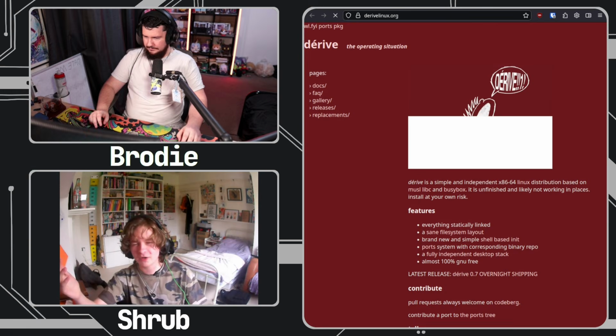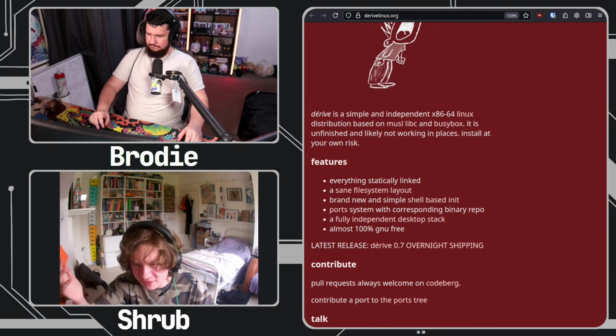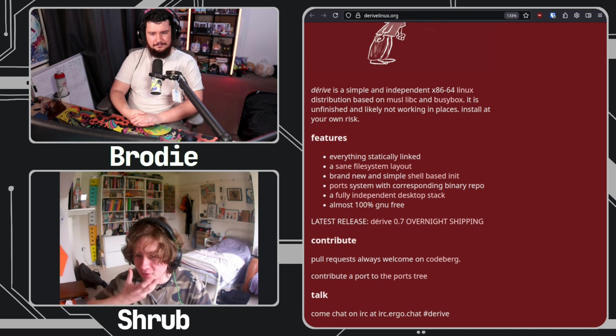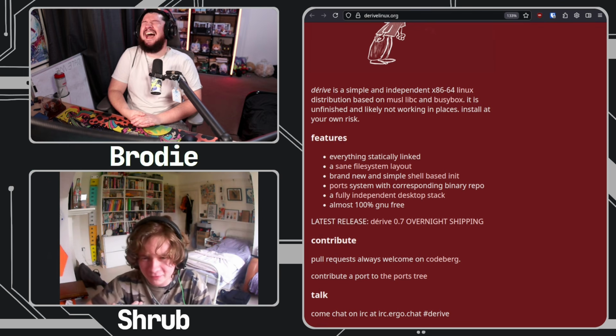When it started off, the goal was I just want a small statically linked userland, and the original compiler I was using was GCC, and I had some GNU stuff on the system. And then over time, as I was developing it, I started to get radicalized, as all these GNU dependencies kept popping up. You might see on the website, the fifth point is that the system is almost 100% GNU free. I guess everyone knows what GNU is. They're a software project. They use a license called the GPL. The guy, Richard Stallman, has a long beard and he dresses funny. You might have seen a picture of him.